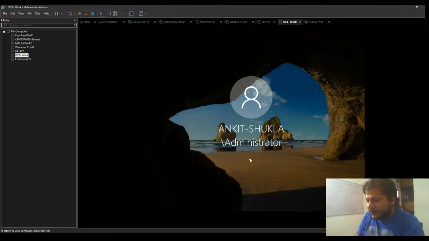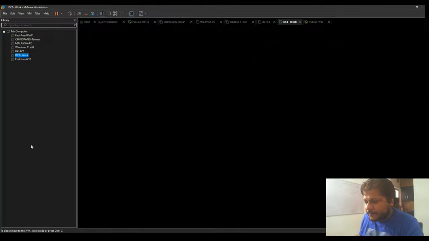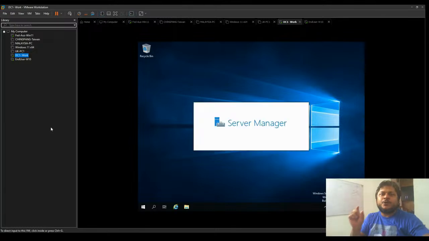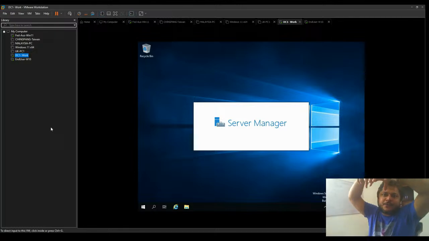I'm going to log into this as the administrator, because it's the first domain in the Active Directory. The first account that is used for configuring the Active Directory for the first time in a company is not just an admin, it is also an enterprise admin, because that's the first admin within the structure.